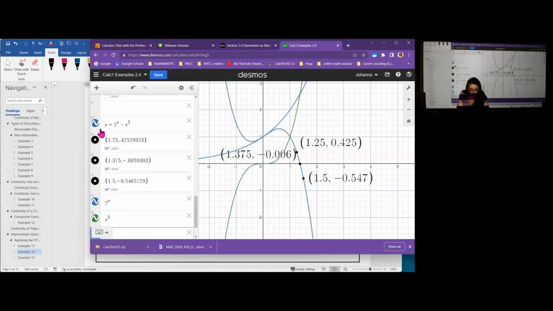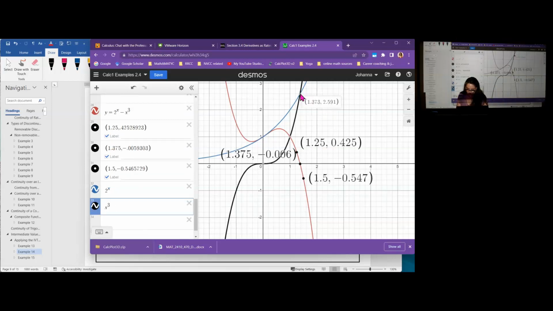Let me take off this function, but leave on my points. All right, maybe make this one a different color. Let's make it red. Okay. And let's make the cubic black, since green doesn't show up too well for people with color blindness. So when I'm looking at this right now, I want to know, does the blue curve touch or cross the black curve? It does, right up here. And if I look at this one right up here, if I can get it right on, it says